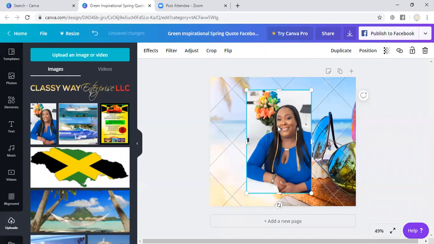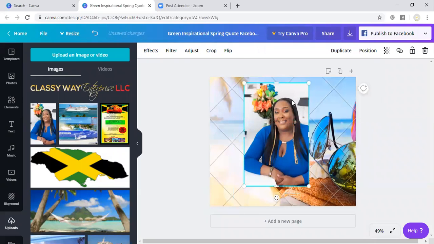I can't do that on here because you have to have a pro account. I have a pro account, but this is my training account. But just to show you, if you need to learn how to just remove your body from this background here,